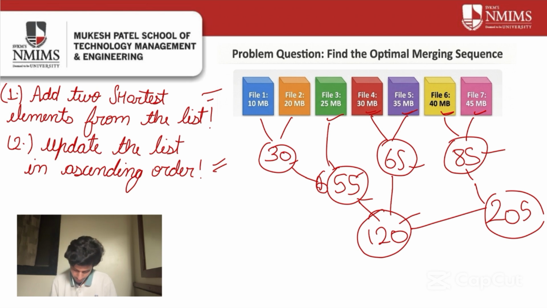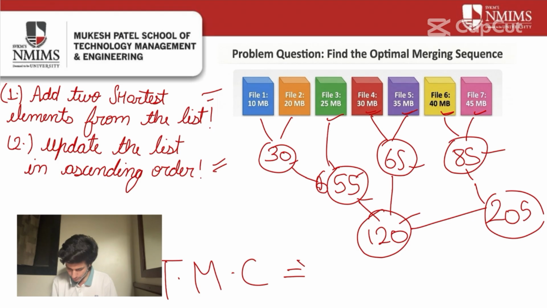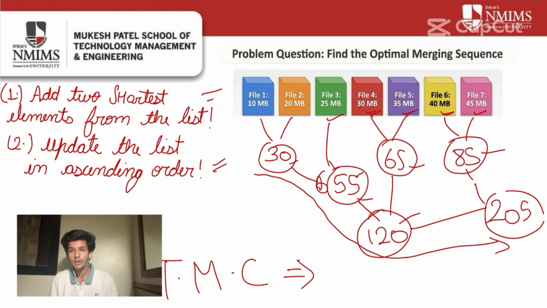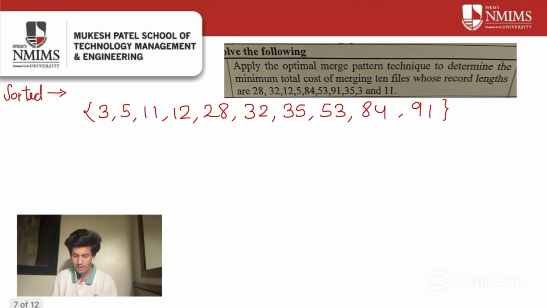Now to calculate the total minimum cost, you have to add all these entities given in the circle. Now adding them you will get 560. Now this 560 is your final answer to the problem, and this is your total minimum cost. Now jumping ahead to the next problem,